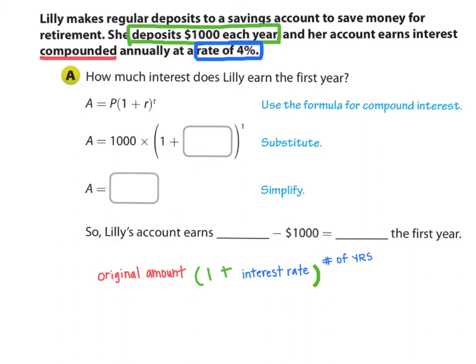So this is going to give us a great opportunity to compare what happens when you leave your interest in the account. So we already have our formula listed out. They've started to fill it in for us. The original amount times 1 plus the interest rate as a decimal. The interest rate is still 4%, just like Aiden's. And then the beginning, we only have 1 year because it's saying his first year, how much interest did he earn. If you type all of that into your calculator,